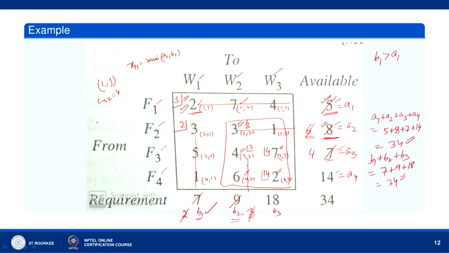All 5 units from F1 are allocated to the warehouse W1. Out of 8 units available at the source F2, 2 have been allocated to the warehouse W1, 6 have been allocated to the warehouse W2. From the source F3, 3 units have been allocated to the warehouse W2, and 4 have been allocated to the warehouse W3, and from F4 all the 14 units have been allocated to the warehouse W3, and the total transportation cost is now